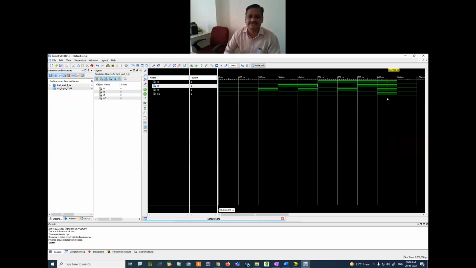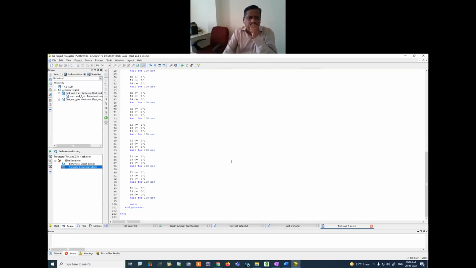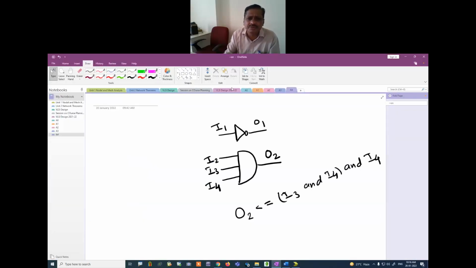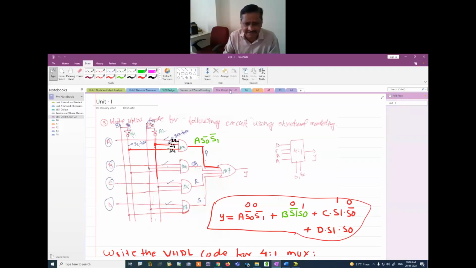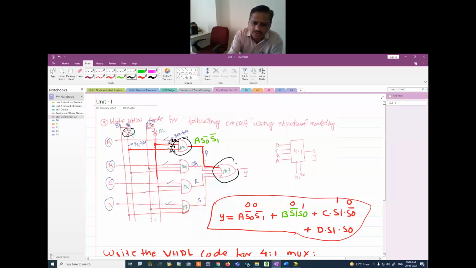We don't have any syntax error as well as logical error. सिंटैक्स एरर आपको प्रोग्राम से पता चलेंगे जब हम सिंथेसाइज करेंगे, और लॉजिकल एरर आपको पता चलेंगे जब हम इसको सिमुलेट करेंगे। मैं अभी इस वेवफॉर्म विंडो को क्लोज करता हूं, I am closing this. Right, because we are planning to implement this. पहले हमने इसको सिमुलेट किया, फिर इम्प्लीमेंट किया।